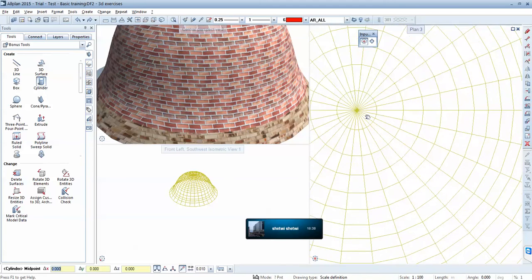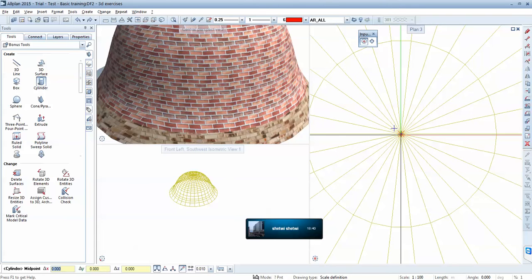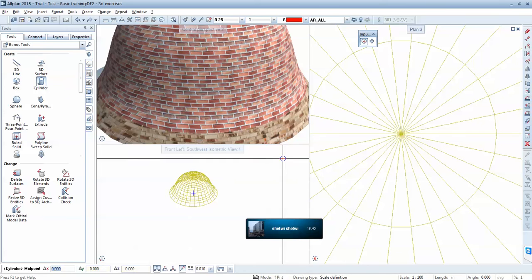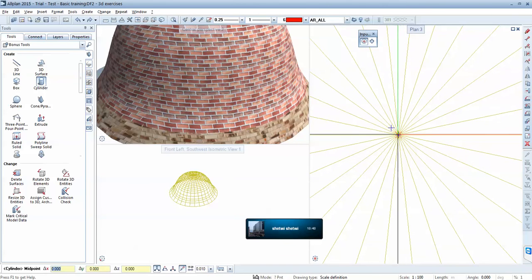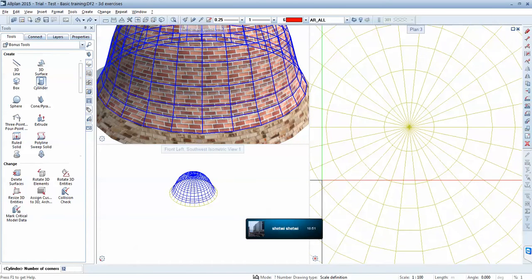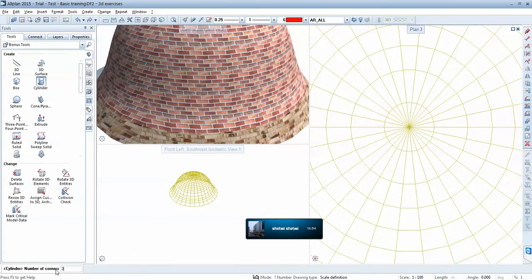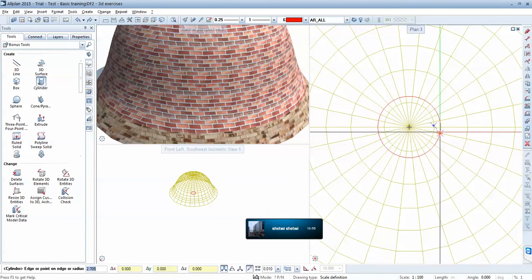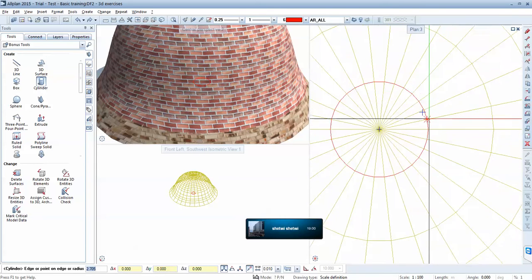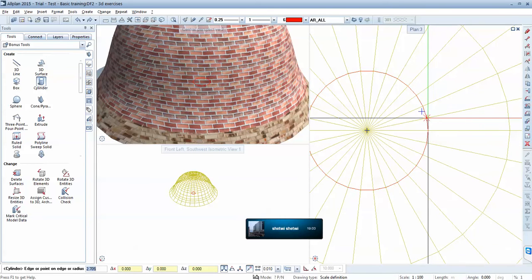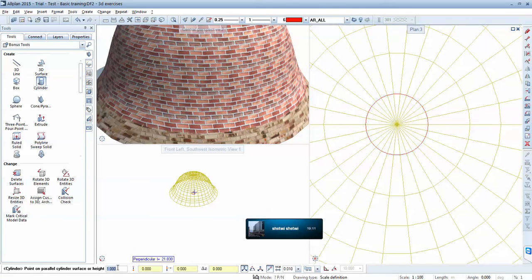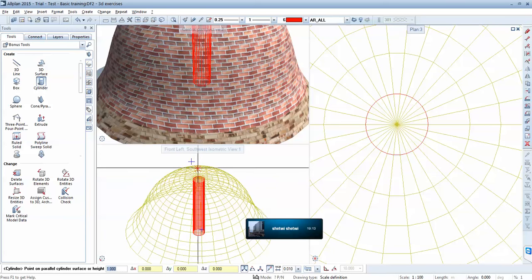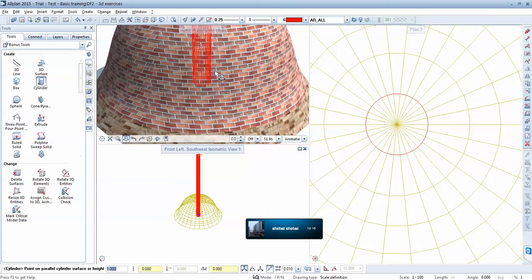I can easily also do now an opening. Let's say for this object I'll use this cylinder function, which has a few parameters. I will enter the center point here in this plan view. Then I'll enter the corners, and I'll use the same number of corners in order to have the same number of segments. And let's say I want to cut it here. So I'll go up until here in order to determine the radius of my cylinder. And then I can either input here the height,